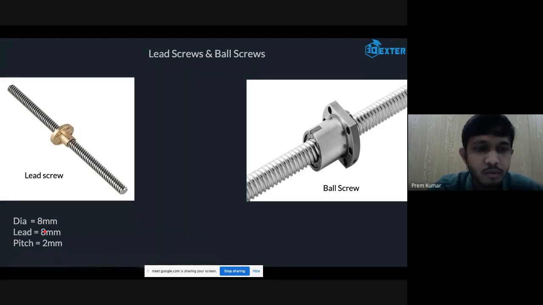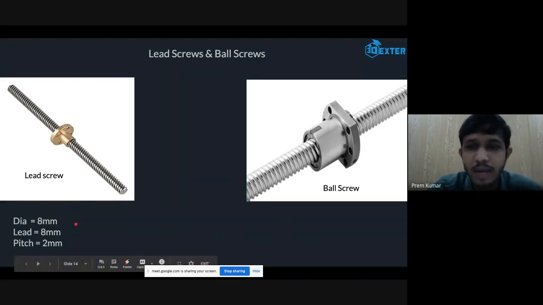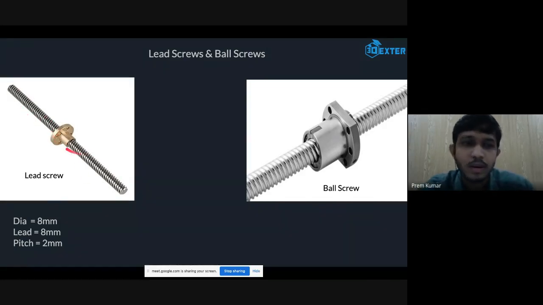Take a 2-start lead screw for your printer, so that it will not drop down that easily. So this is a lead screw. The contact between this nut and this lead screw is completely metallic. There won't be any balls or anything like that. You just need to put some oil on the lead screw for operating smoothly.